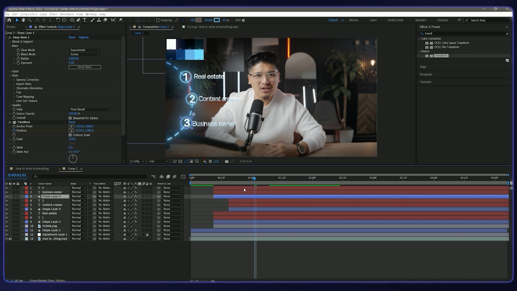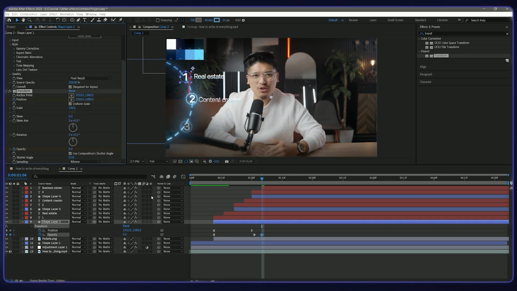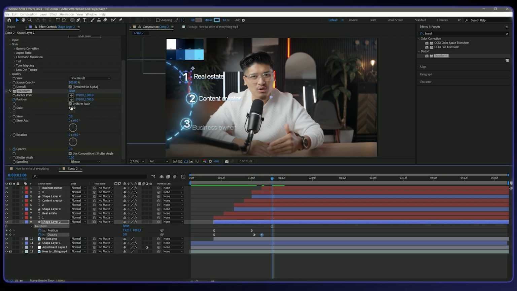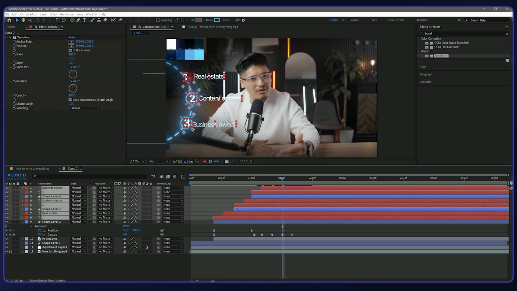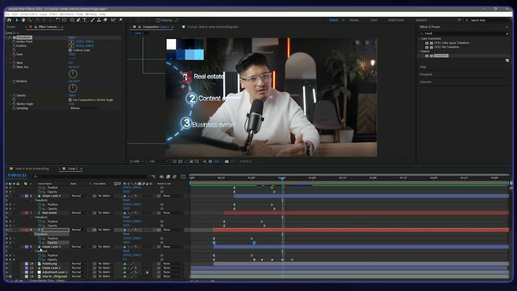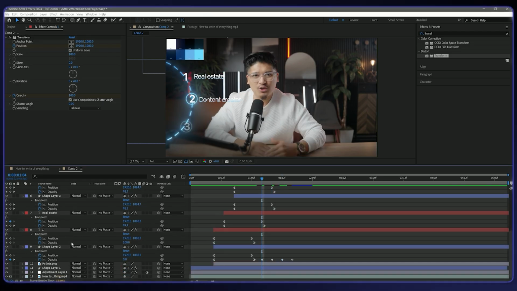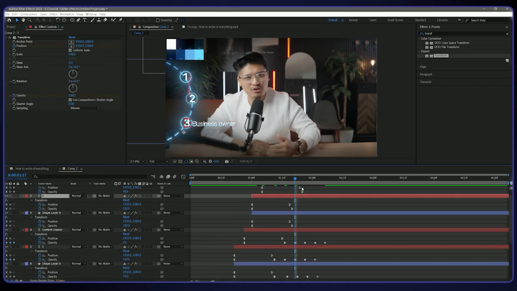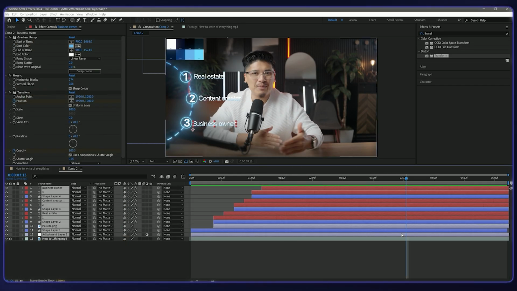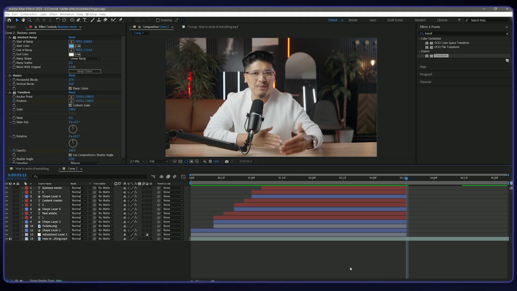Adjust the layers according to the voiceover. Then select shape layer 2 and press U. Play with the opacity up and down a few times. Then press U again without selecting any layer. Copy the opacity keyframes and paste them to the above layers to get a nice flicker effect in the animation. Now, by pressing Ctrl Shift D, cut the layers where the animation ends and delete them all.